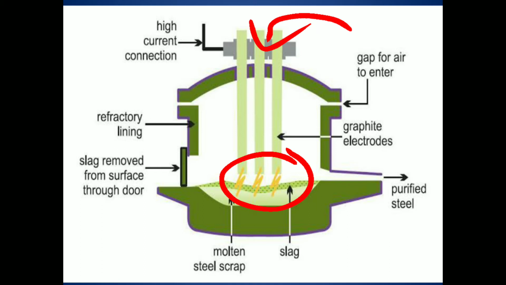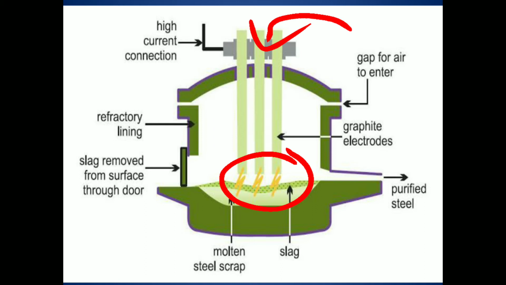When slag is formed, ferrous oxide and some other oxides will get formed. These oxides will react with the impurities present in the pig iron, that means the charge, and the slag is separated and we get the molten state of steel because of the heat generated. Generally the slag will be of a fluid nature in this method.